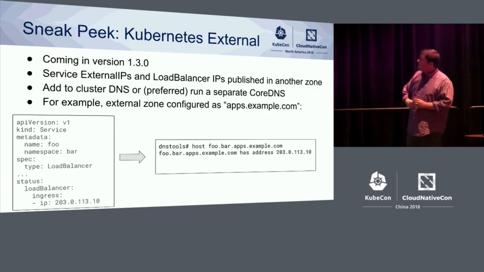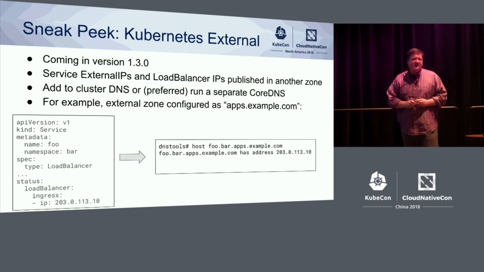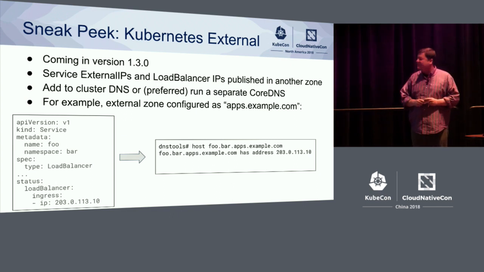All right. This next one's really interesting. This is something we're working on. It's not done, but I think it's something people will be happy to see. We expect this to be in 1.3. The idea here is that normally for in-cluster DNS, the records that we are creating and returning are for those